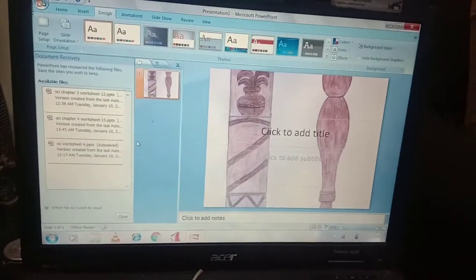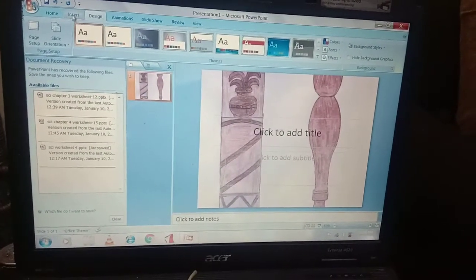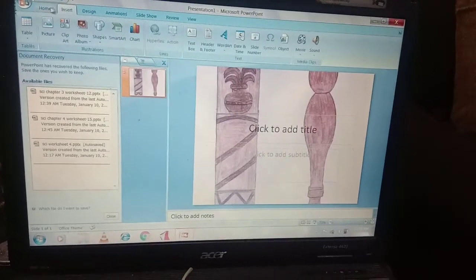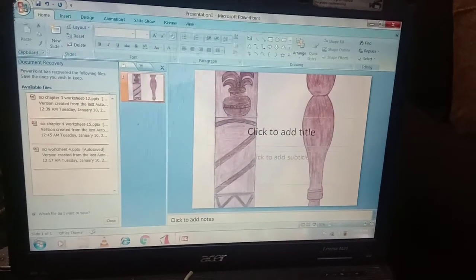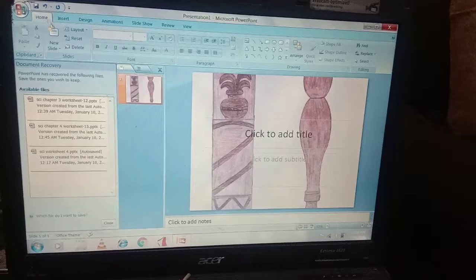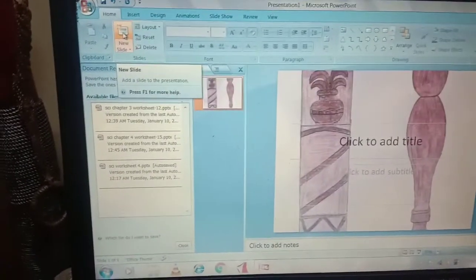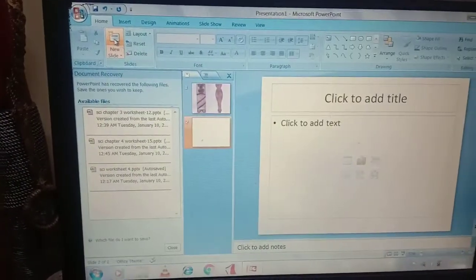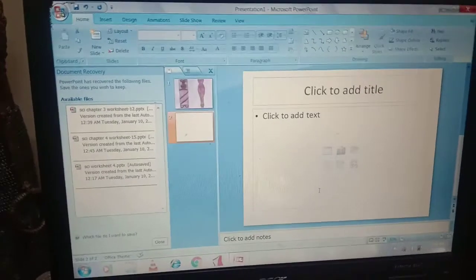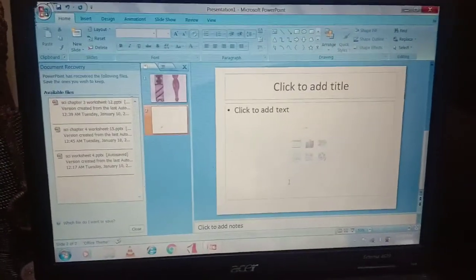So for this, first of all, I am inserting a new slide. You all are aware about it, how to insert a slide. In the Home tab, there is a New Slide option. I will click on the New Slide option. A new slide will appear in front of you.